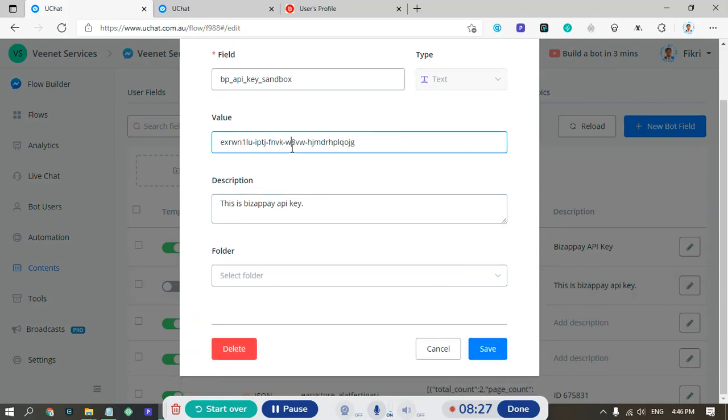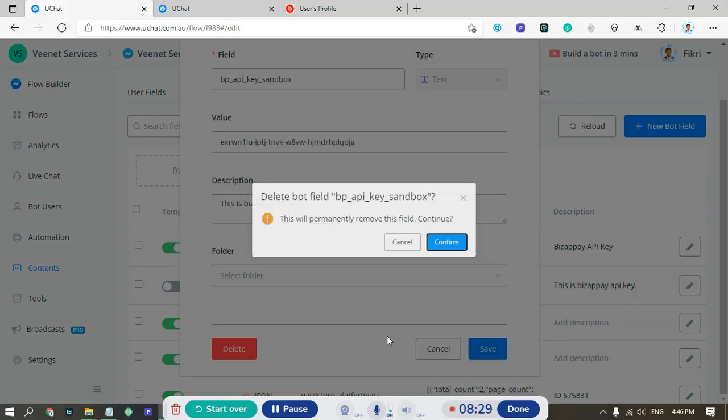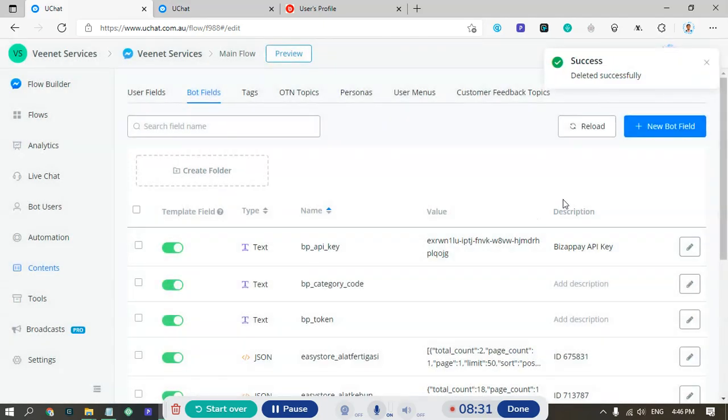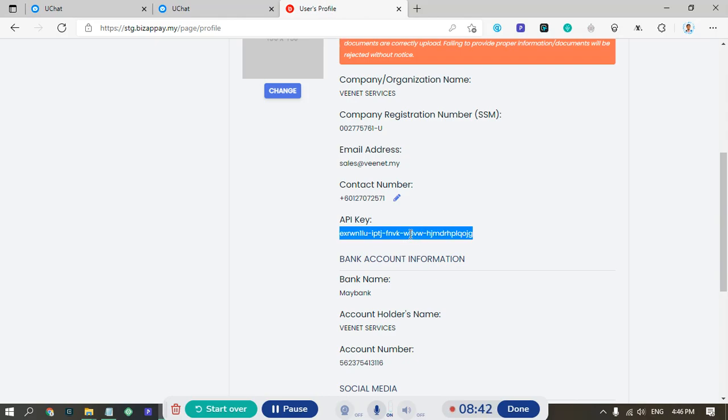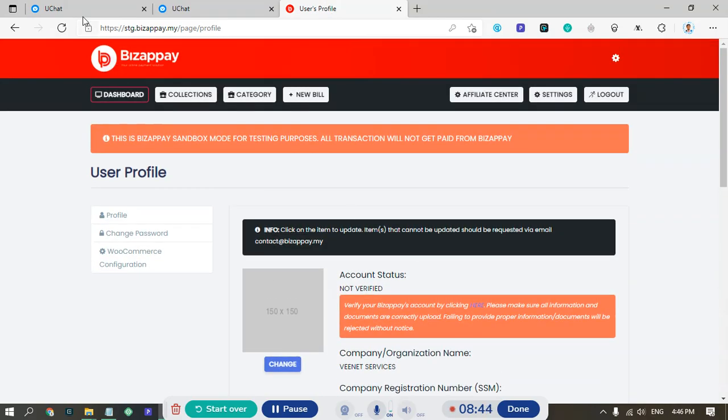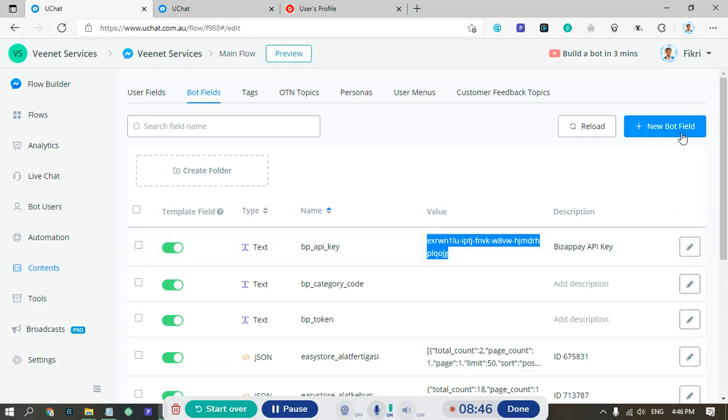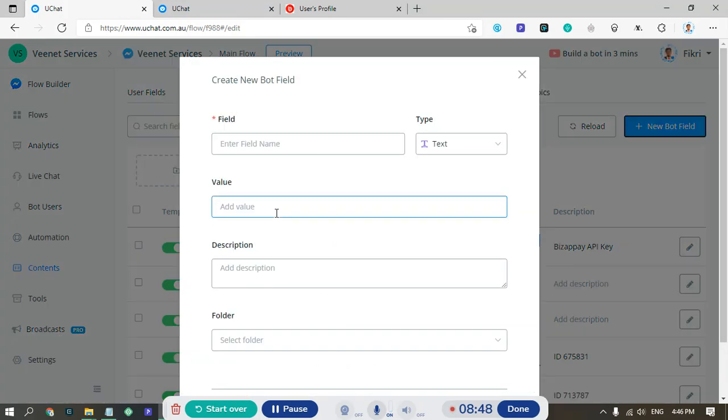I delete this first. Copy. I delete. Okay. So now I'm going to show you how I create this bot field to store our own API key, where we get it here from the dashboard Bizappay. So we click the new bot field, and then we click copy and paste here, and then